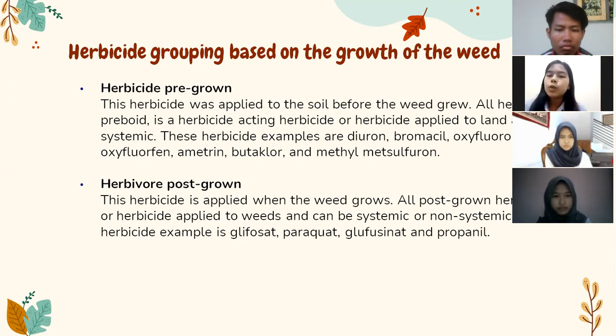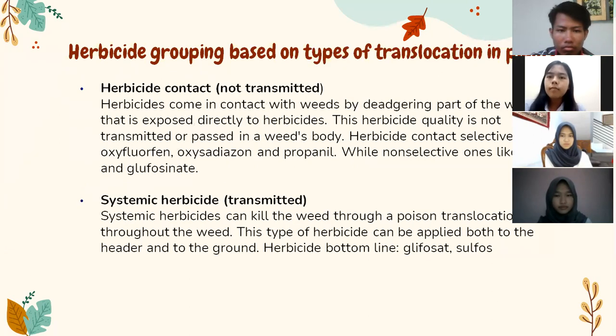The second is post-emergence herbicide. This herbicide is applied when the weeds are growing. All post-emergence herbicides are applied to weeds and can be systemic or non-systemic. Post-emergence herbicide examples are glyphosate, paraquat, glufosinate, and propanil. The second type is herbicide grouping based on the types of translocation in plants. Contact herbicides are not transmitted. The herbicide comes in contact with weeds